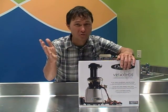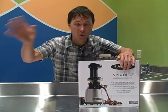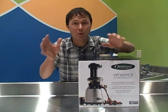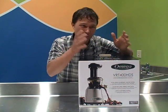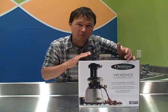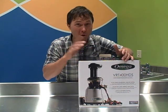And every juicer has its pros and cons. Much like a pair of shoes. You might have a pair of shoes that you go running in. You might have a pair of shoes that you go to the beach in. You might have a pair of shoes to go to a wedding in. The juicer is the same way, and I have a selection of juicers in my kitchen, and I select the best one that's going to do the right job for me at that time. That being said, I think the Omega Vert, if you can live with a few compromises, is an excellent single